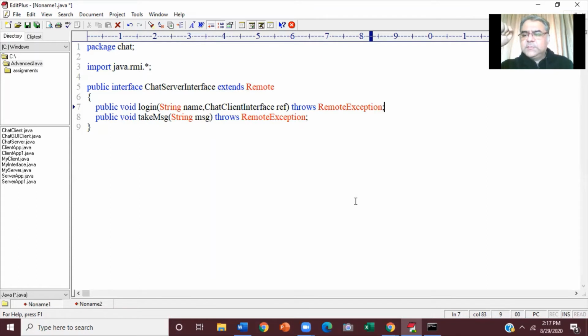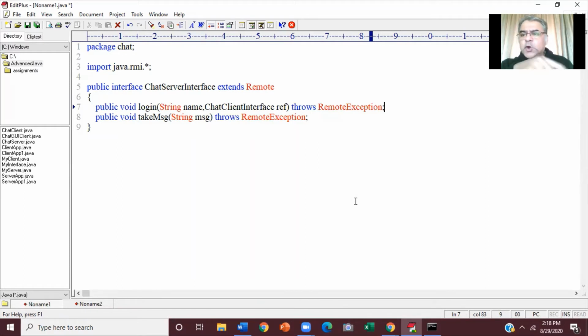Yes. That method will either take parameter string, that client is going to pass his name, or that method can take parameter chat client interface. He's going to pass his stub. See, he has to pass one of his identity at least. Any client is calling this method, which client? He has to identify himself. And there are only two ways he can identify, either by giving his name or by giving his stub.